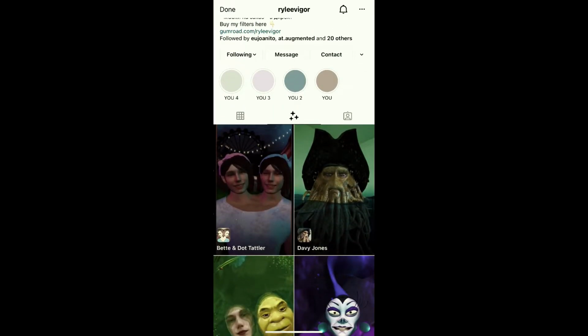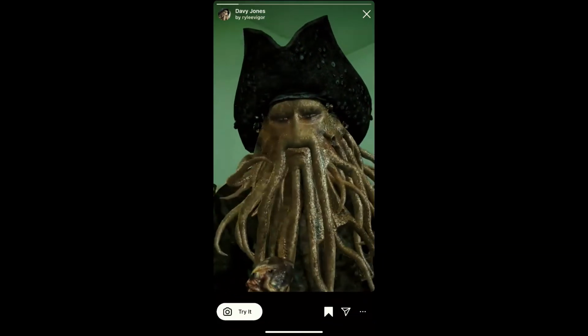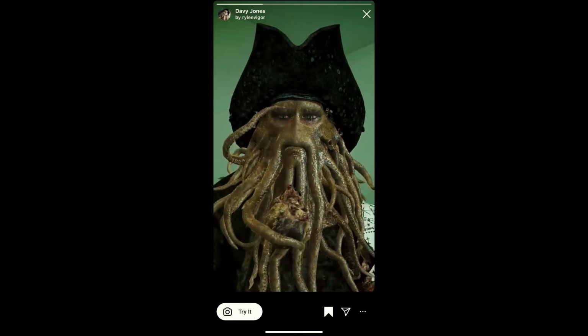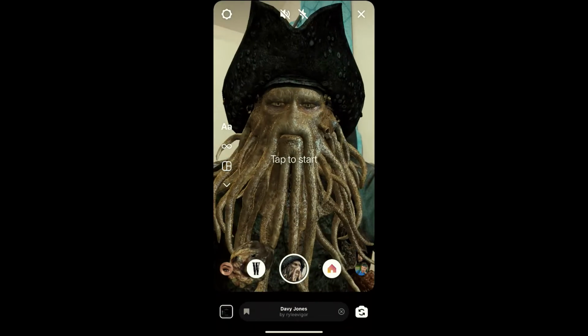This is the filter, Davy Jones. Tap on it and you will see this preview. From here you can save it to your Instagram camera tray and you can tap on try to try the filter. Okay, and suppose you are not getting the effect like this, then what you can do,